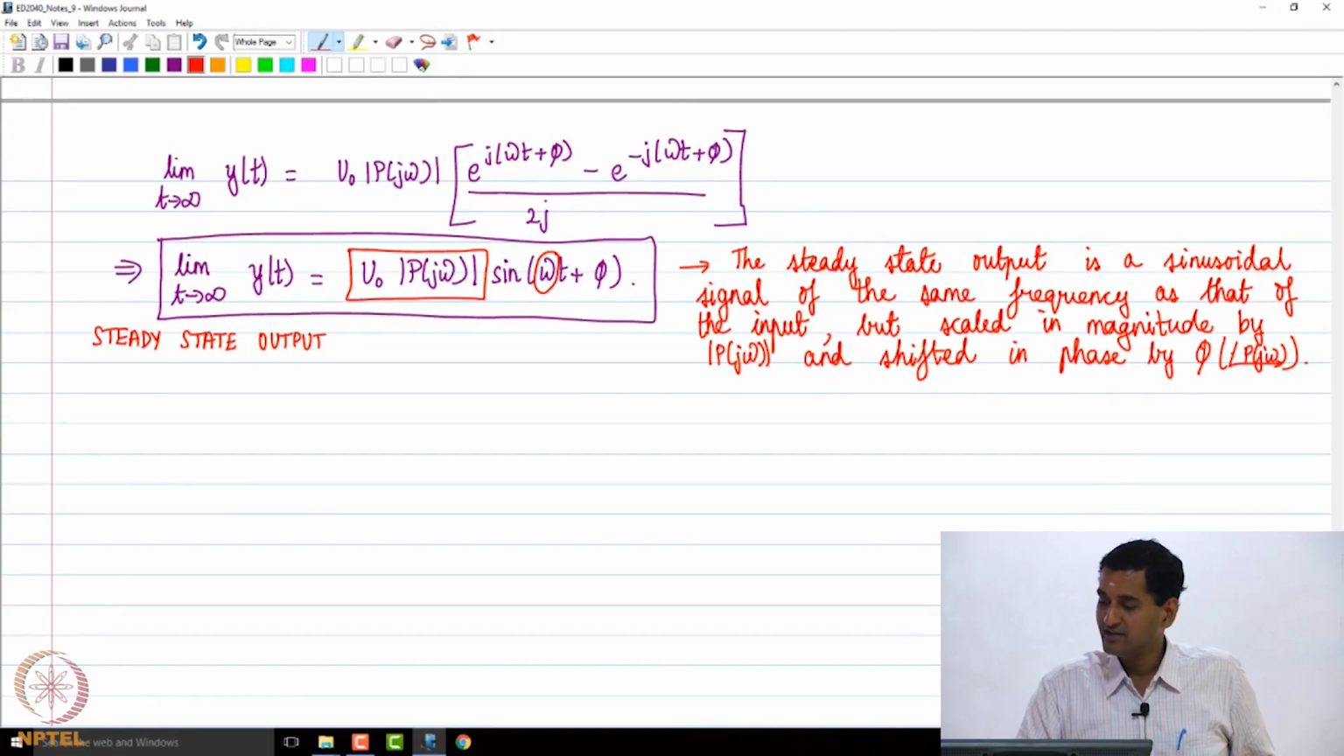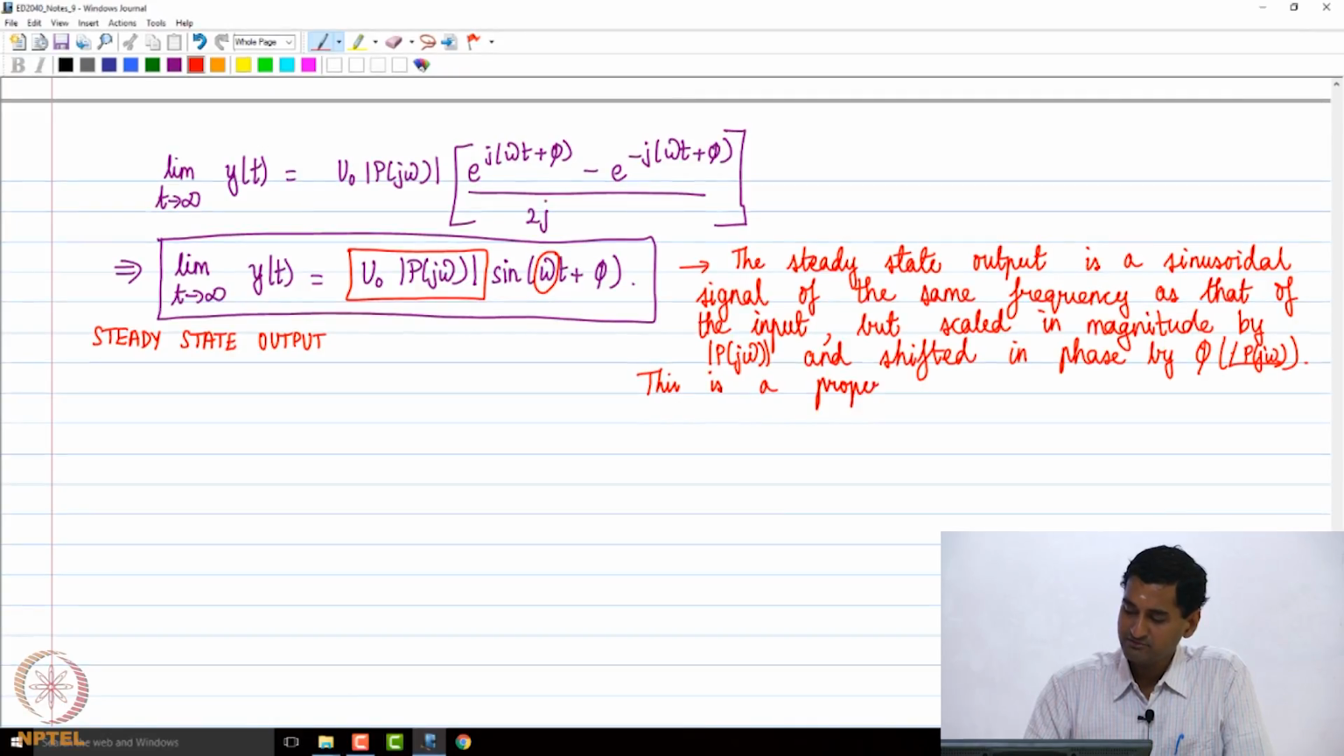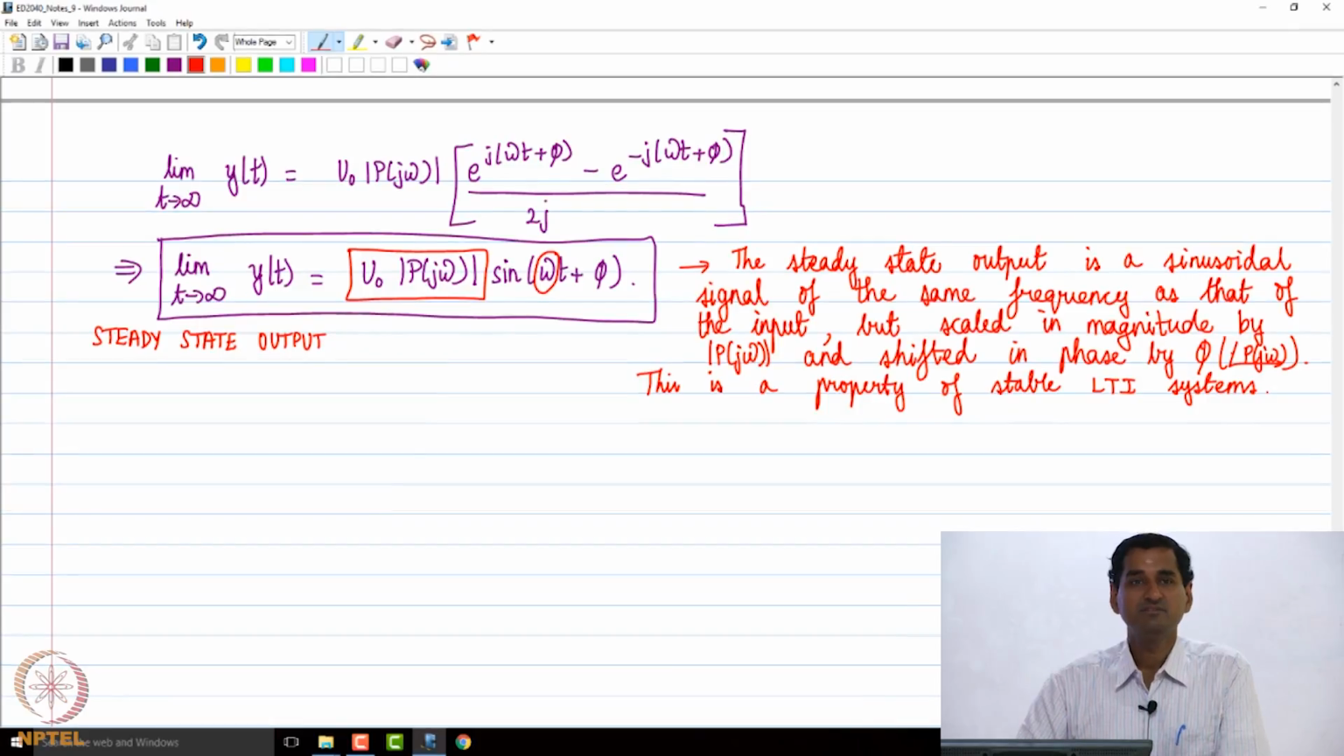So that is what we have, and this is a property of stable linear time invariant systems. That is something which is very important. For stable linear time invariant systems, if you give a sinusoidal input and you wait and measure the steady state output, the steady state output also will be a sinusoid of the same frequency. That is extremely important, and we will exploit this fact to discuss methods for the experimental determination of